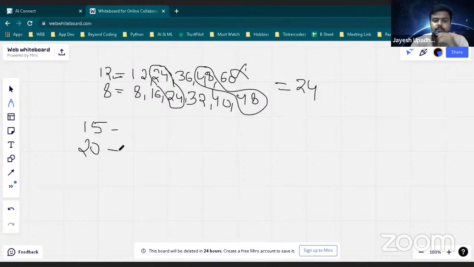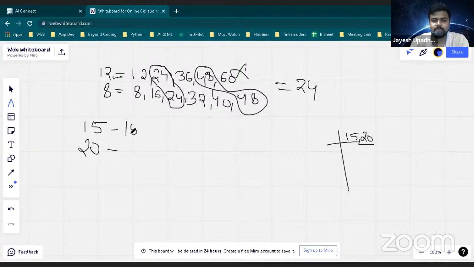We have done this thing before also, and there are many other methods also. This is one of the methods. Even you can do it like this also. 15, 20. This you have done, right? Okay, try to do it this way. Anyways you can do it. I hope it's not hard, right?